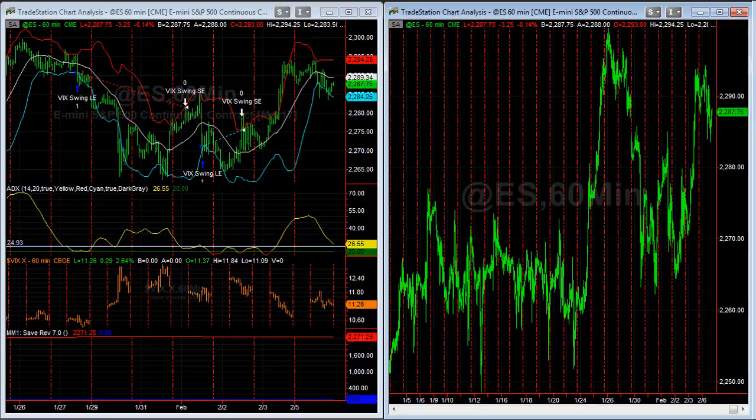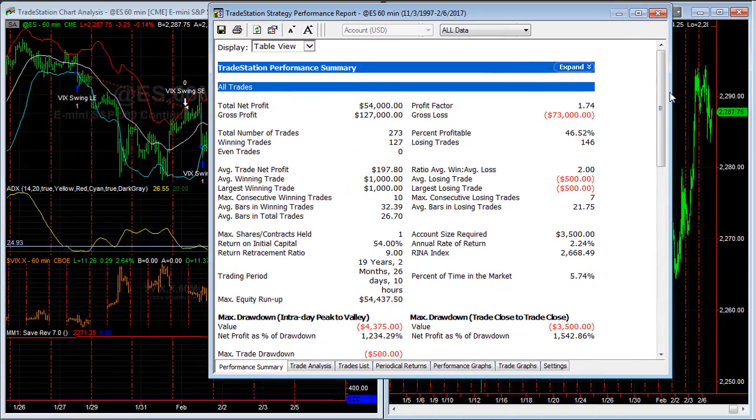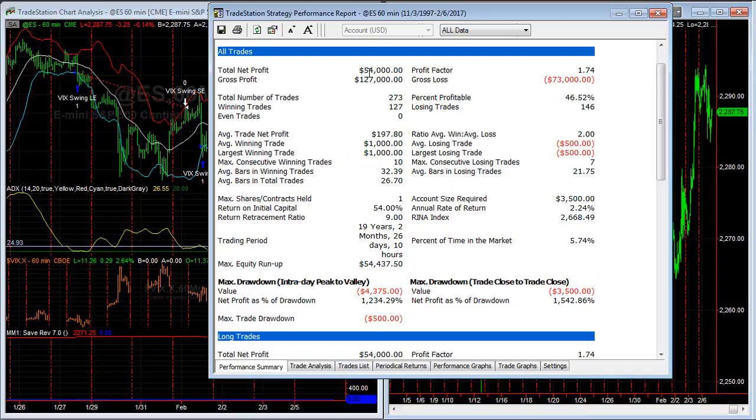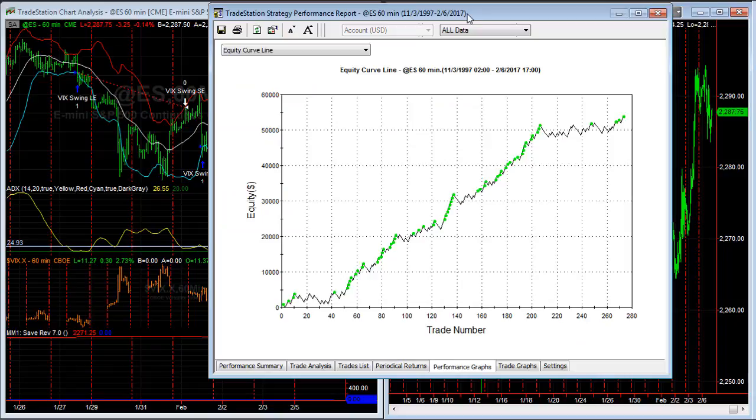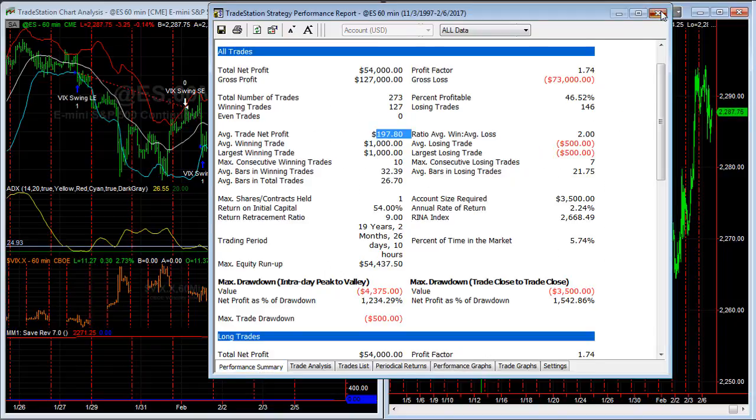And here we are. We have the performance summary. And the other strategy, the strategy on the left has 60,000. We have 54,000. But the drawdown is much smaller on the intraday peak to valley. So you were able to decrease that drawdown. We're able to increase the average trade net profit by 50. And the equity curve looks pretty good too. So that's how we use the optimization